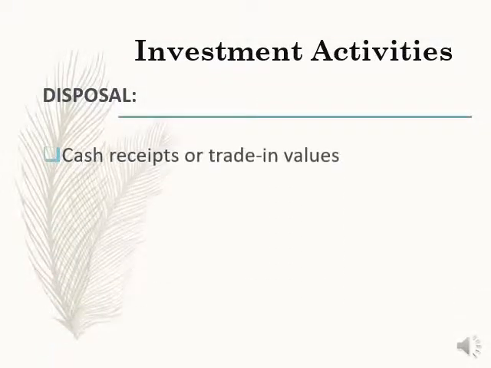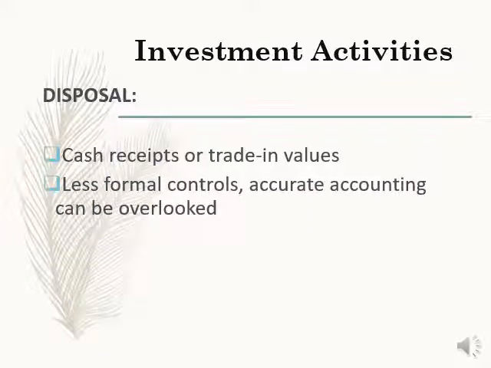You are either going to deal with some sort of receipt, whether in cash or EFT, or a trade-in for a newer vehicle or a newer machine. Usually not appropriate for property then. So that is the nature of the types of transactions that are occurring here. There's less formal controls. Because of that, the accounting could result in errors or omissions, because usually the cash